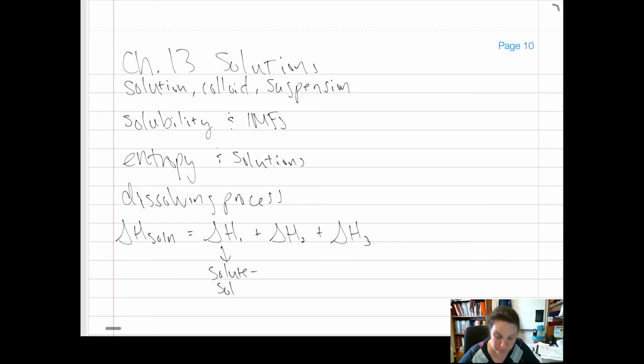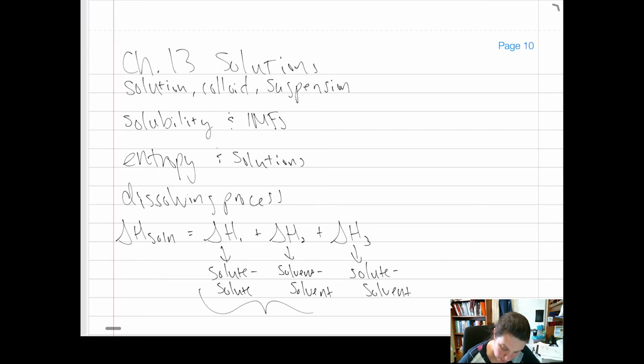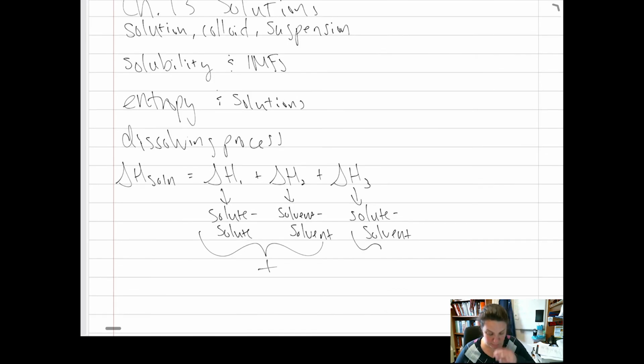So breaking solute interactions, this is going to be solvent. So breaking solvent interactions, it doesn't matter which one's H1, doesn't matter which one's H2. And then your H3 is going to be forming solute-solvent interactions. So these will be positive. And then this one will be negative. We want this to be negative or small positive,